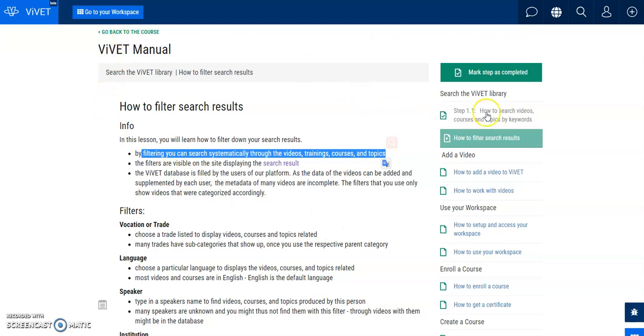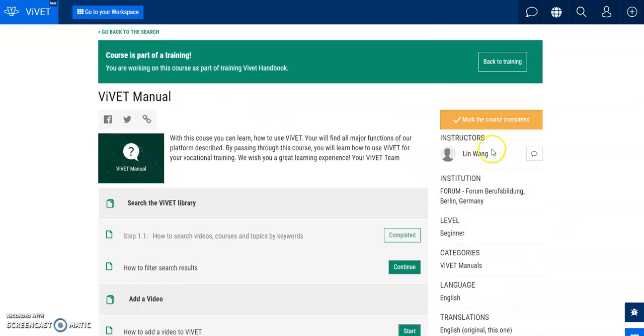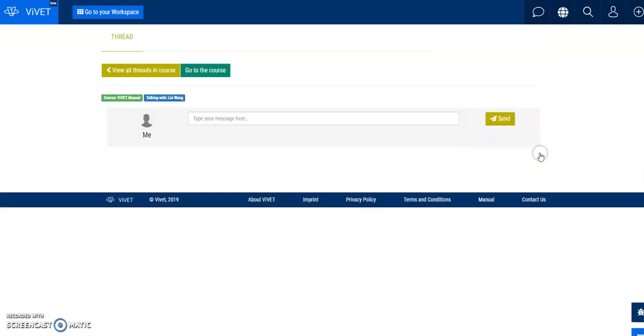Then I can go back to the course, because here we don't have the communication button. You go back to the course, and then you can directly see here is the instructor's name and also the contact button. Okay, let's go to contact them, but it's better to remember which step it is, so it will be also easier for the author to spot where the problem or where you have questions. So you can say step 1.1, because here you already have the course name, so you can just say step 1.1, and how to search